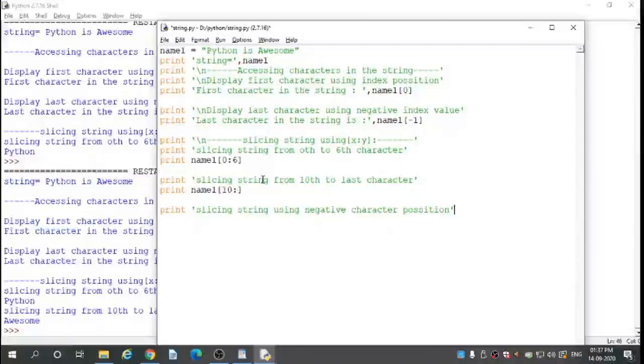Single quote completed. Enter. I print here name1 in square bracket minus 10 colon 2 minus 8. Square bracket completed. I save here the code.